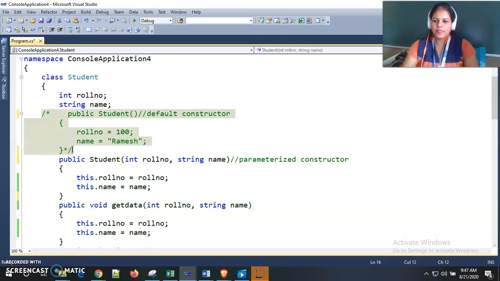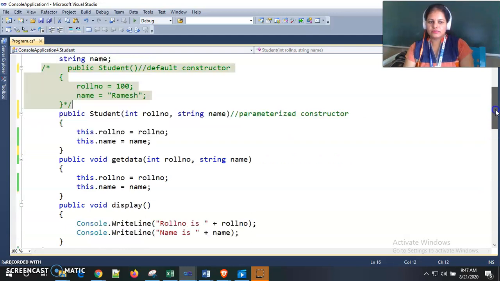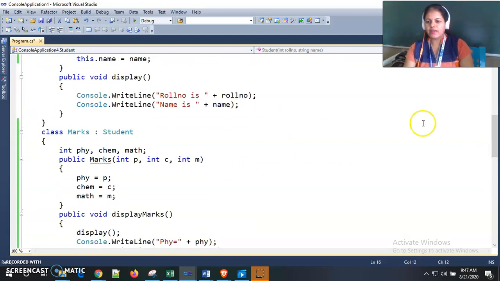Means now in our program there is only a parameterized constructor in the base class and a parameterized constructor in the derived class.